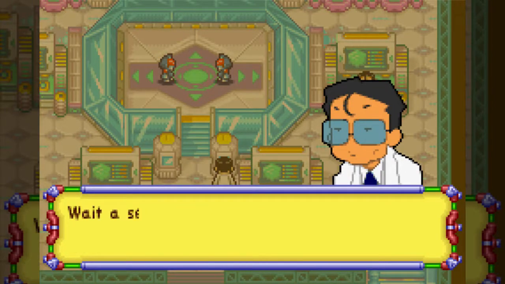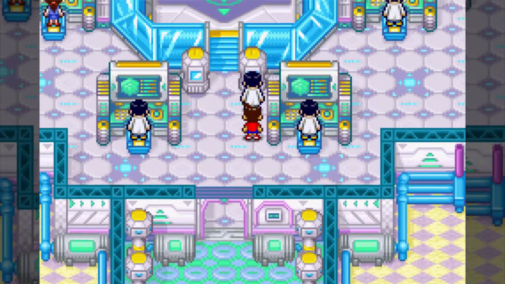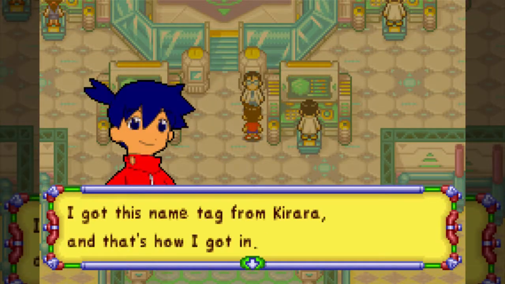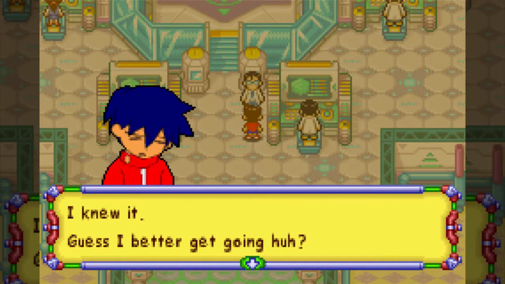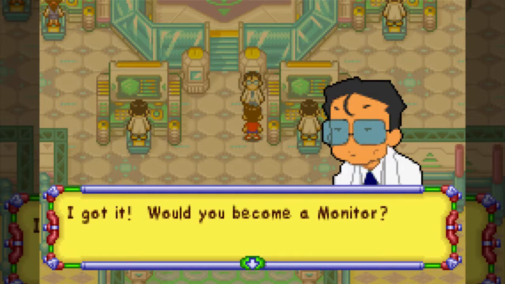What do you think about the spy problem we're having? Wait a sec. Who are you? Are you a spy? No, I'm a kid. I can't spy things yet. Nope. I've never seen you around. How'd you get in here? Hello, sir. My name's Iki. I got this name tag from Kirara, and that's how I got in. I should have figured it was Kirara. I always tell him not to let outsiders into the company. I knew it. But guess I better get going, huh? Well, now hold on. You did come all the way here after all, so...